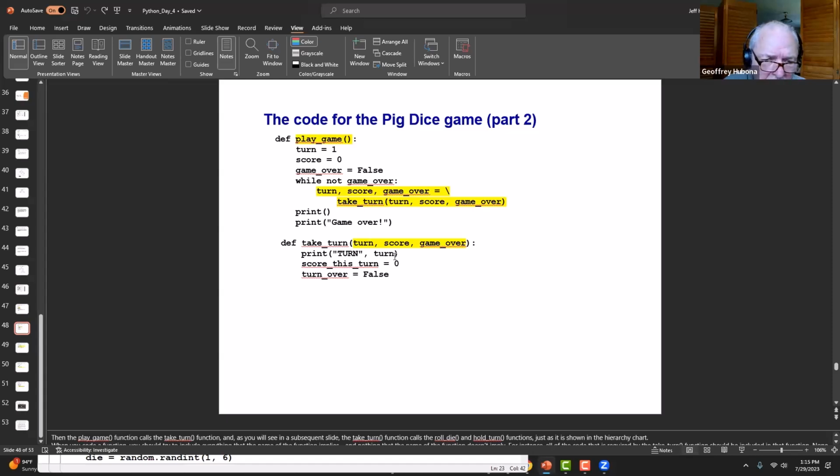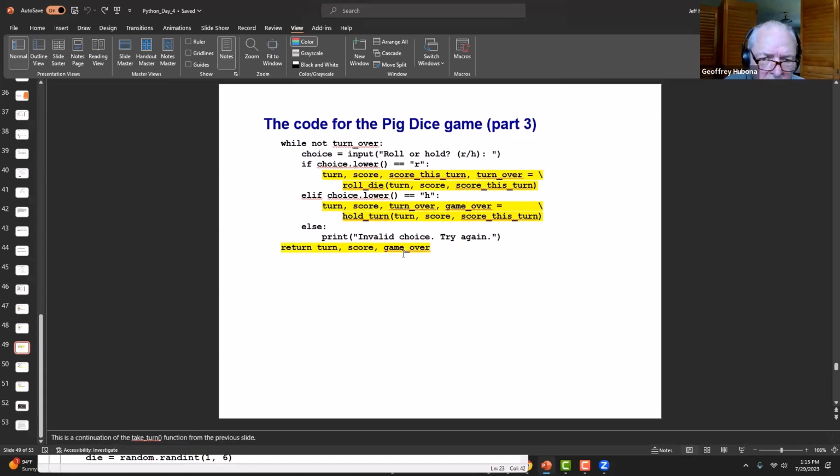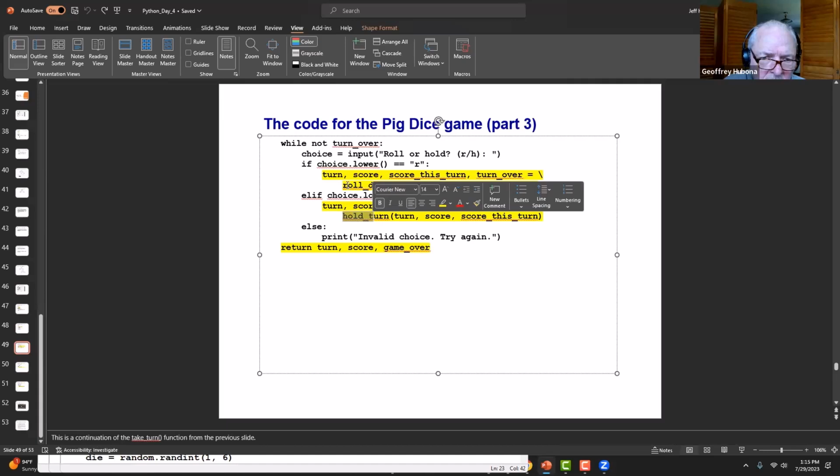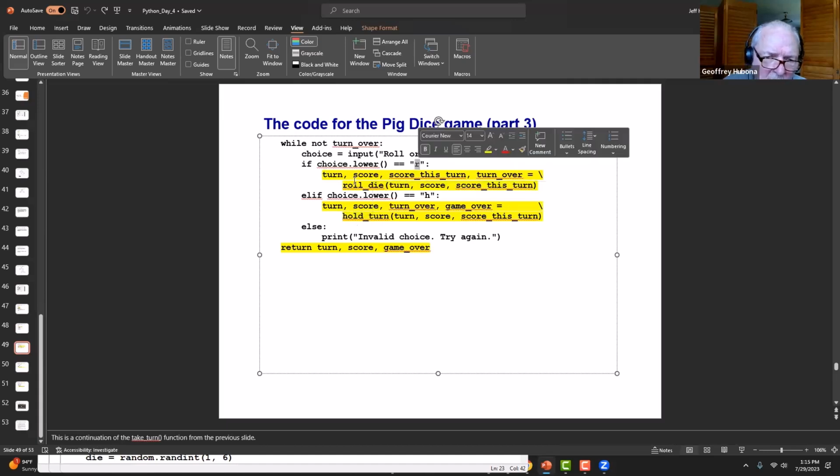And hold turn is here. Okay, so we have if elif that determines if they say R, it will call roll die. If they say H, it will call hold turn. Notice that what's new here? Well,